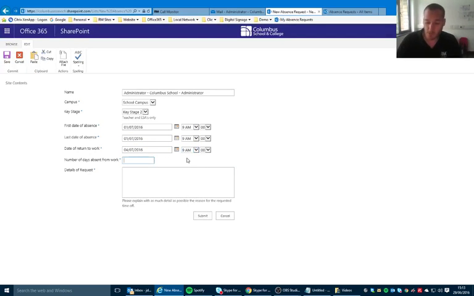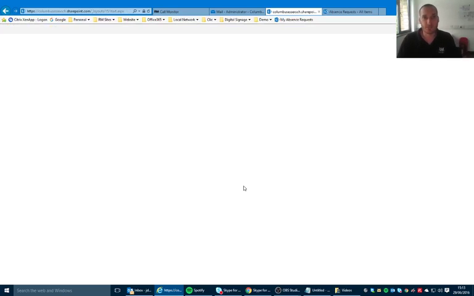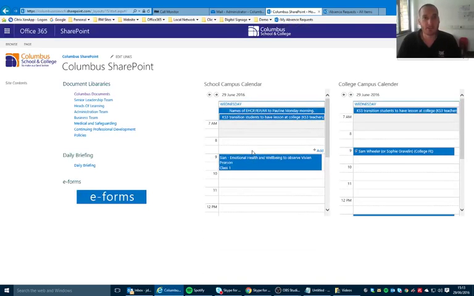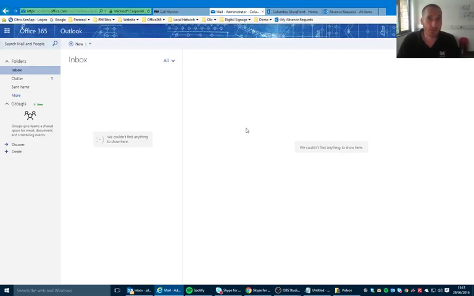So the person's going to be off for 1 day. Details of the request, we can say they're going for a minor operation. There we go, and we're going to submit it. Now once that's submitted, something behind the scenes starts called a workflow. Now the workflow in the first instance